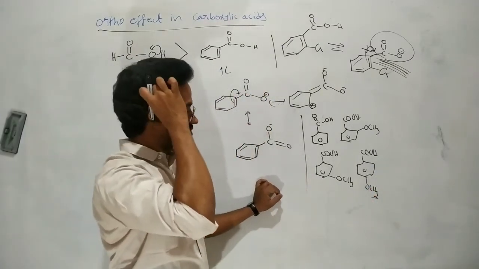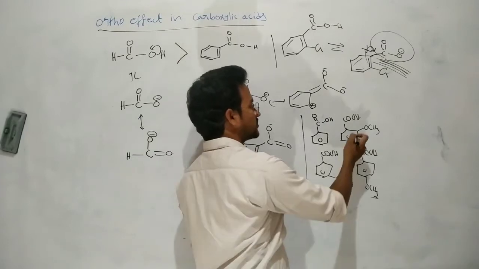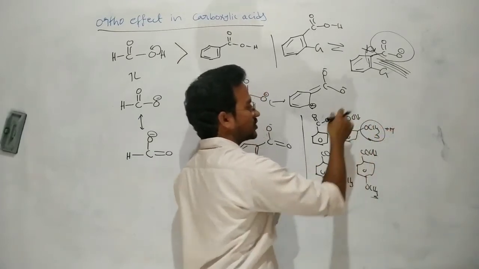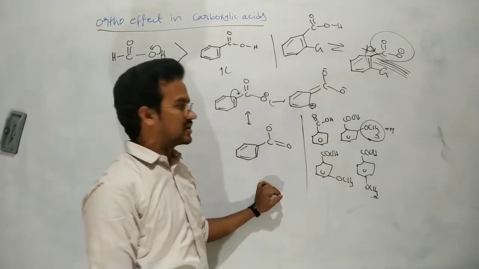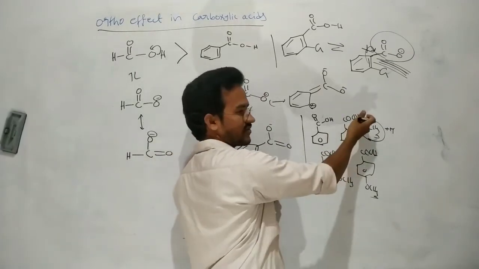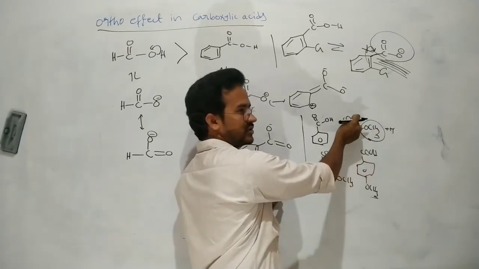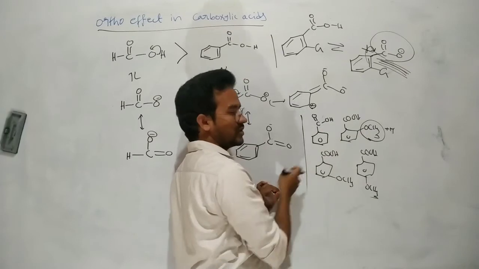So in this case, which is more acidic? Irrespective of the nature of this group, it is a plus M group, but at the ortho position the plus M effect is not working, because of the SIR effect, steric inhibition of the resonance. Because this group goes out of the plane,